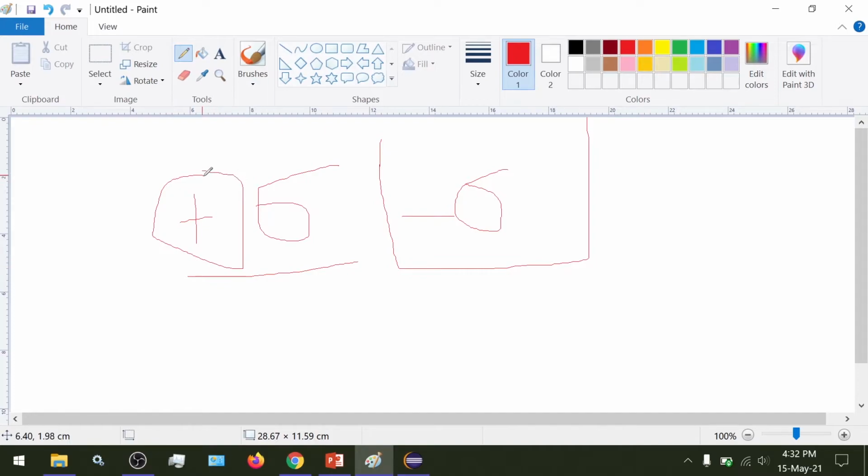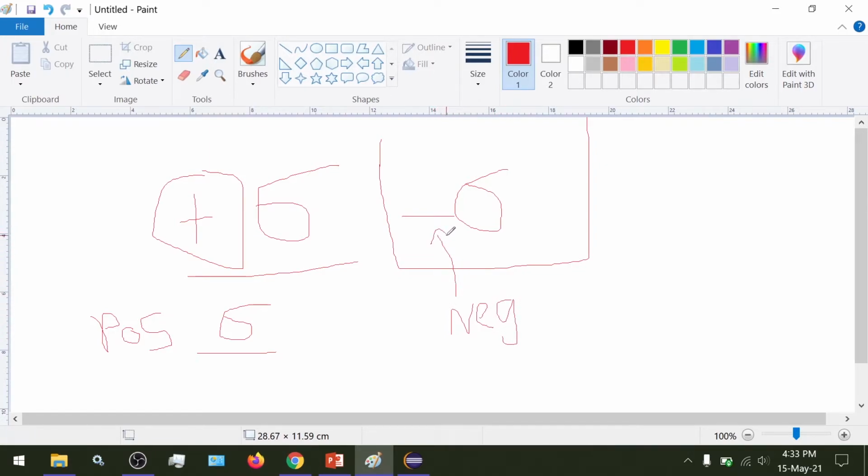If you want to represent a positive number, you could just write 6, and a computer would understand that we are representing a positive number. But if you want to represent a negative number, we have to compulsorily give the minus sign.